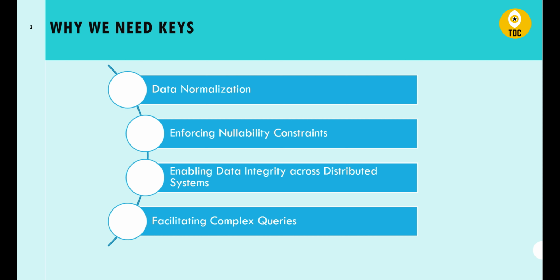So then we have facilitating complex queries. Okay, so this is again an important thing, right? You might be having a good reporting layer, you want to build a good reporting system, but it also depends on how efficiently you use the keys, right? So that's why you need to define a relationship between the tables using keys, so that you can easily create the complex queries, right? Using the SQL